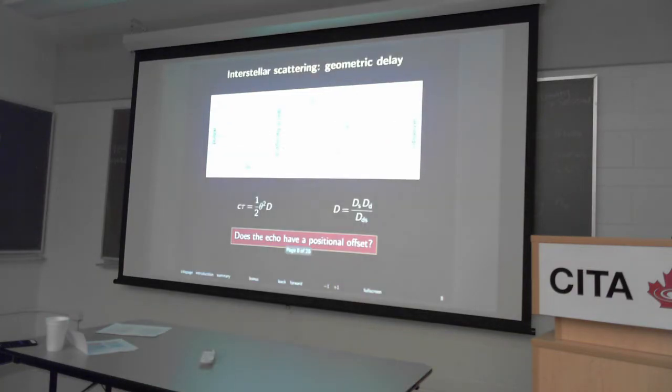On slide 8, I show the typical geometry that, of course, you're all aware of, and I don't have to go into the details. What we have to keep in mind is that the delay goes proportional to the square of the deflection angle on the sky, and everything scales with the distance parameter. So the question is, we see this delay, can we measure the position offset on the sky with LOFAR? I heard about this echo, this ghost, for the first time 1 year ago when we had the scintillometry workshop here in Bonn. And I quickly went through the numbers, which are shown on the next slide, slide 9,